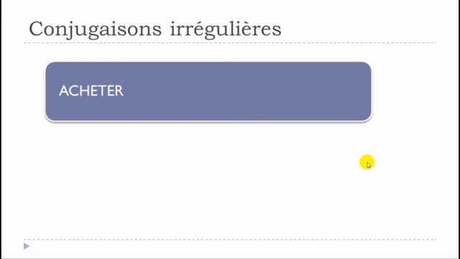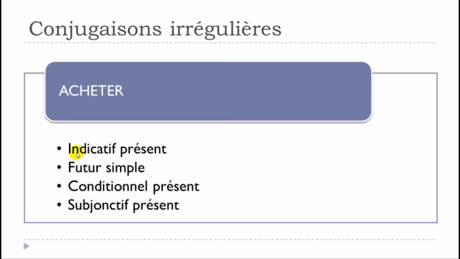Okay, so I've been choosing a verb, acheter, quite useful. It means to buy, and as you can see, it's ER, so first group, but then we'll see that for the indicatif présent, futur simple, conditionnel présent, and then subjonctif présent, it will be slightly different. Okay, for all the other tenses, actually, you just respect the rule that we saw concerning the construction of the conjugation, so all the other tenses will follow the rule.